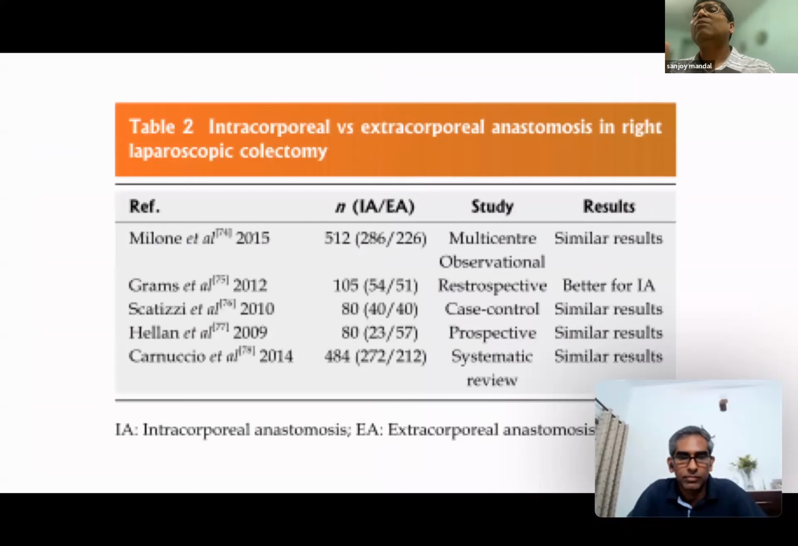The other thing that we need to understand for laparoscopic hemicolectomy or colectomy is the type of anastomosis that you're going to do. Are you going to do an intracorporeal anastomosis or an extracorporeal? There's a bit of controversy regarding this, but most studies have shown that there is actually no difference with regard to intracorporeal versus extracorporeal. Extracorporeal ends up taking probably a bit longer time and the cost is more. So probably intracorporeal is preferable and most people would be doing an